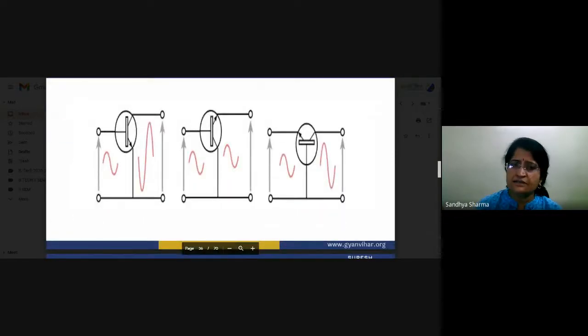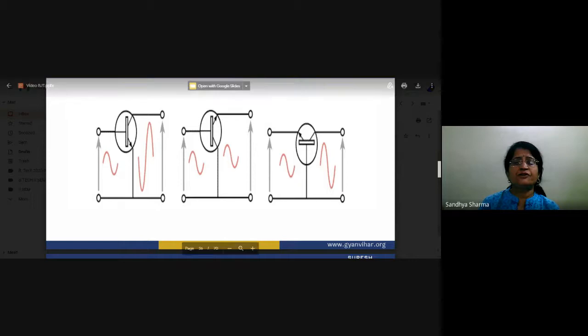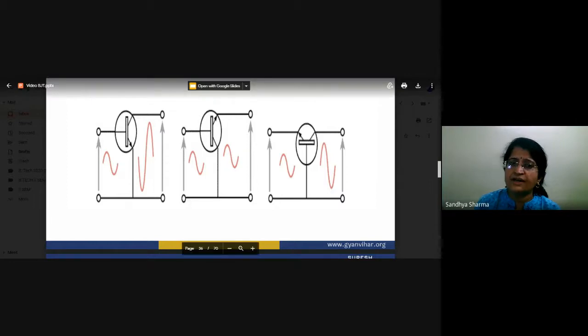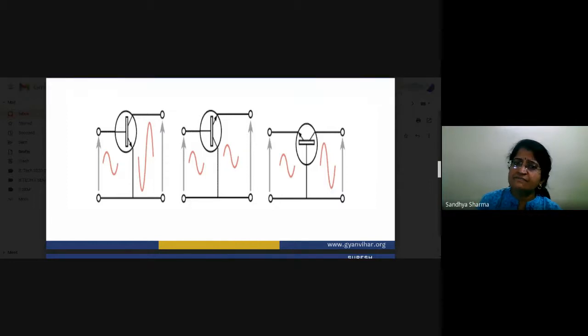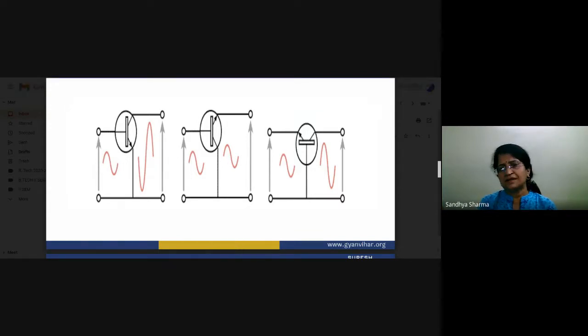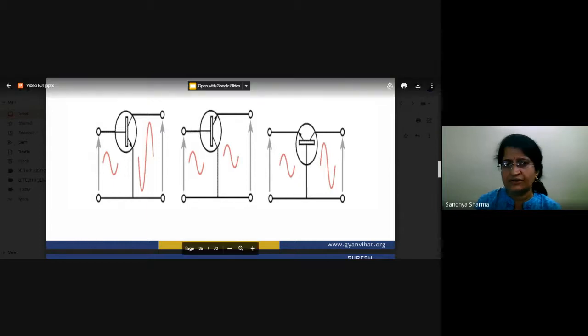This diagram also shows the waveforms. If you apply a low amplitude signal, after large amplification you receive it at the output. This is the common emitter configuration, because the emitter terminal is common. This is the common collector: there is no change in the amplitude of your signal, meaning the gain is unity, no amplification in voltage gain, so it works as impedance matching. There is a slight amplification in the common base configuration, which is basically used for communication purposes.